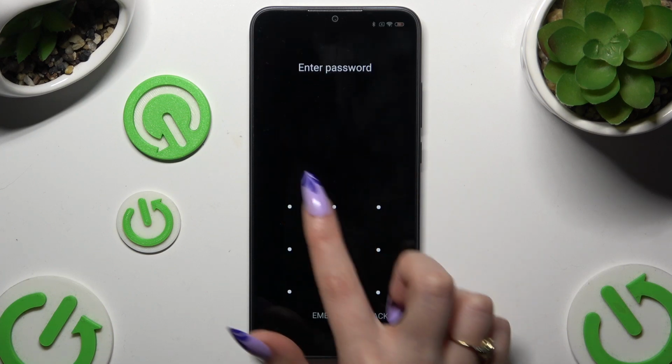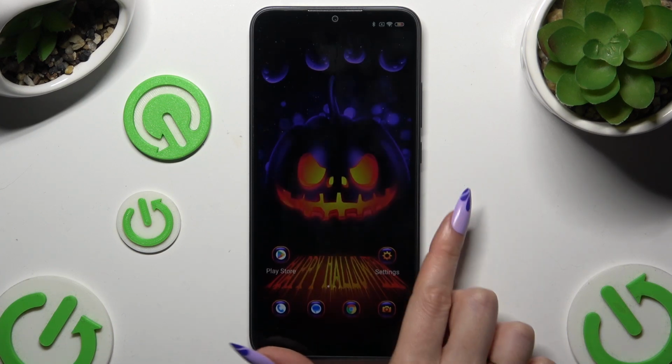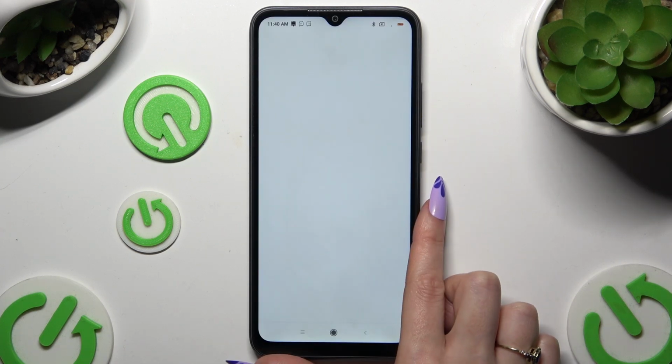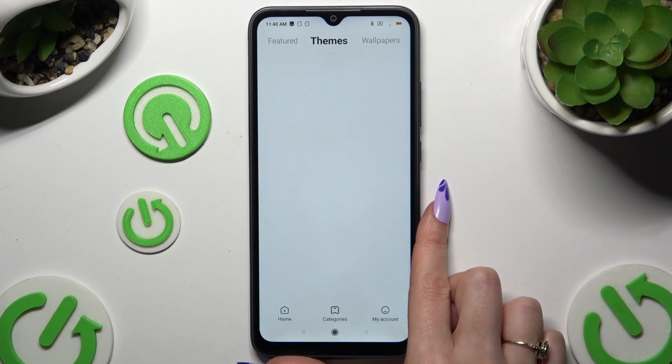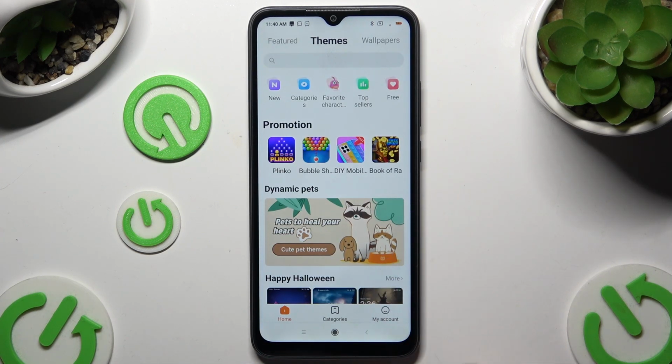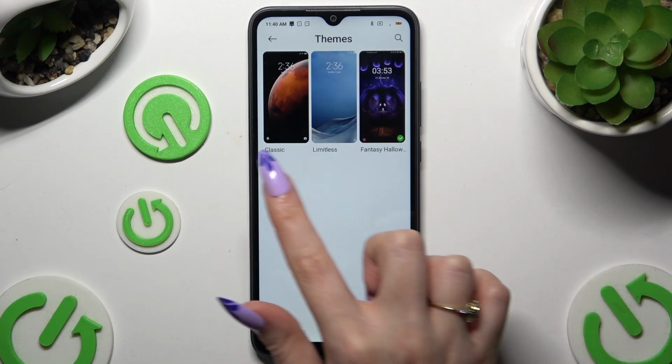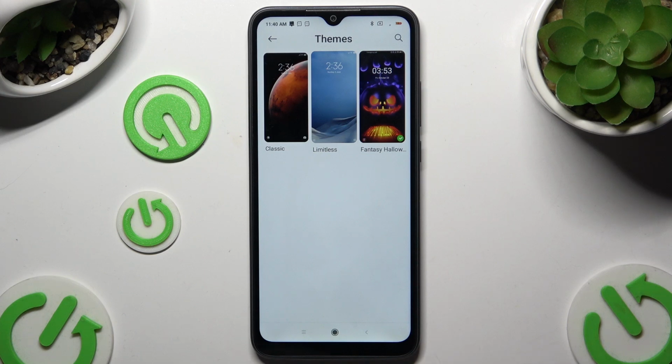If you wish to go back to the default one, you need to access Themes app again. This time select My Account at the bottom right corner, hit Themes at the top, select Classic or Limitless and